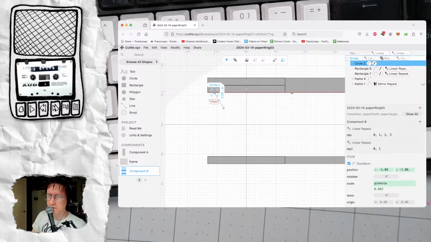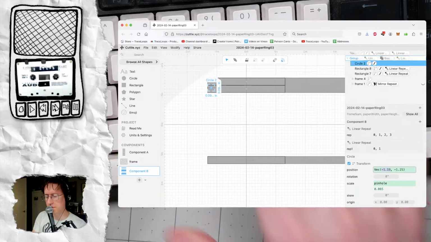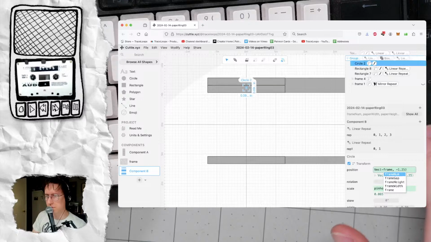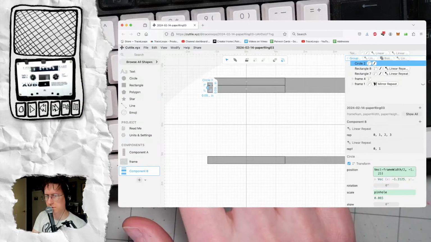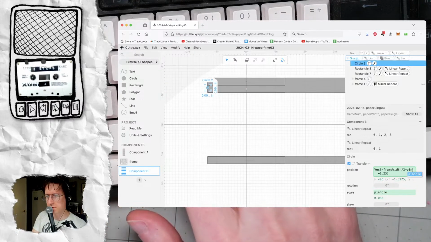Let me see, like how... Okay, let's make this negative frame width divided by 2 minus pinhole